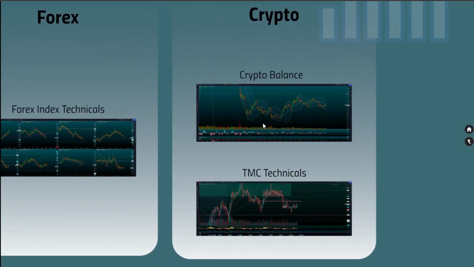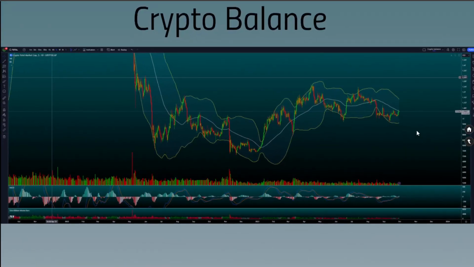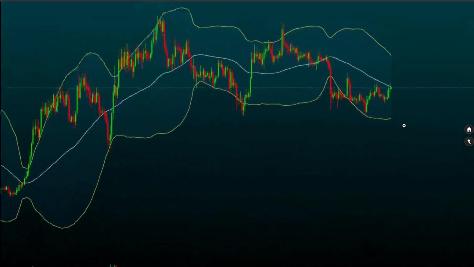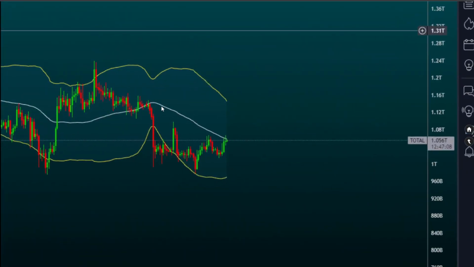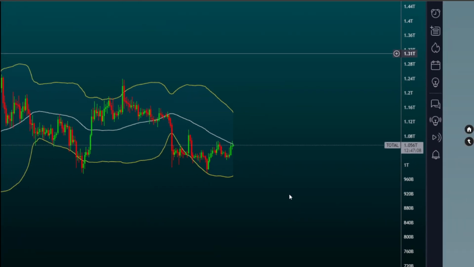While the crypto market, as you can see, in terms of the crypto balance, this is why I told you that it's still negative, because as long as we are underneath the white line, which is a scaling line on the Bollinger Bands, we are indeed in negative territory. But as you can see, the crypto market is actually at a decision point. It's not only because we got that support zone here, which is not visible on that chart, but because if we break this level and start to move to the upside, we can expect a couple of positive weeks